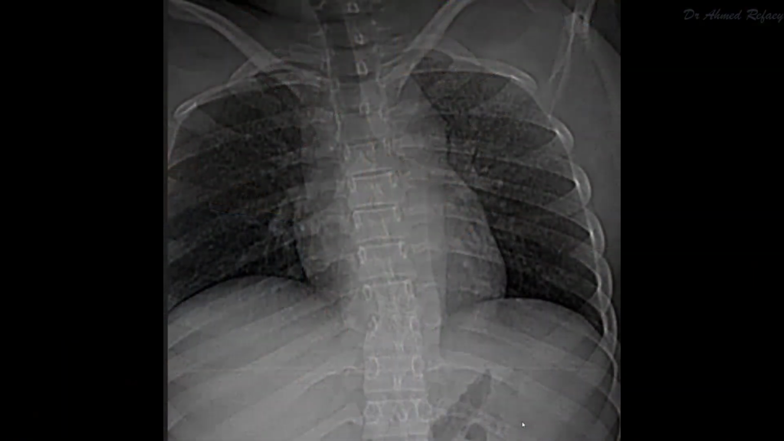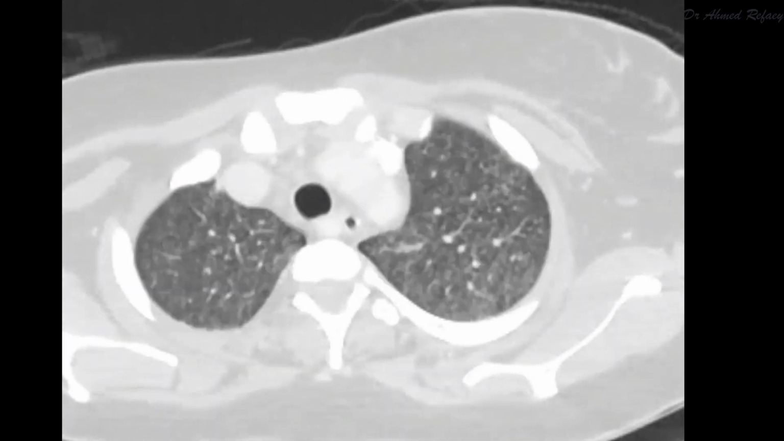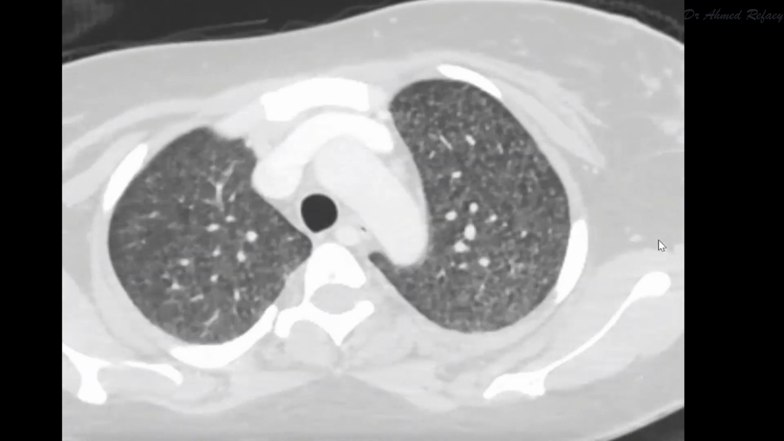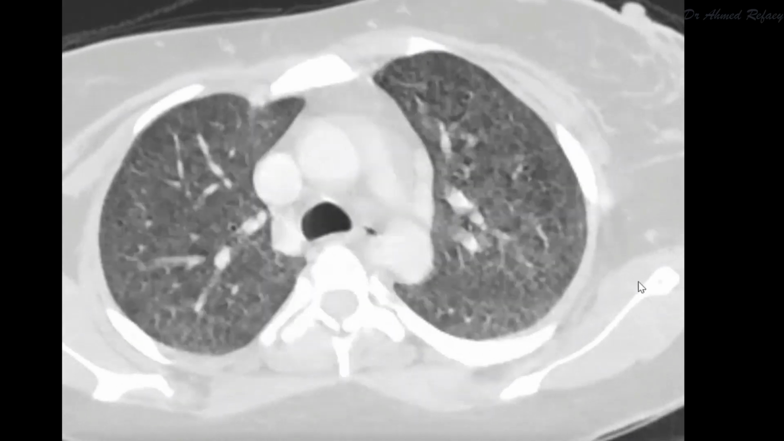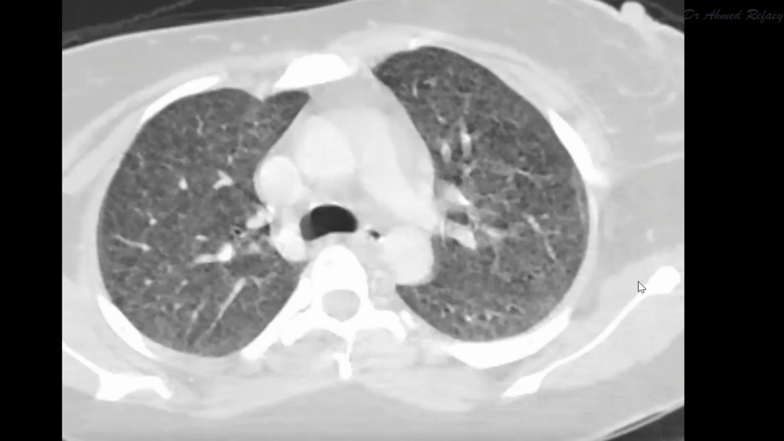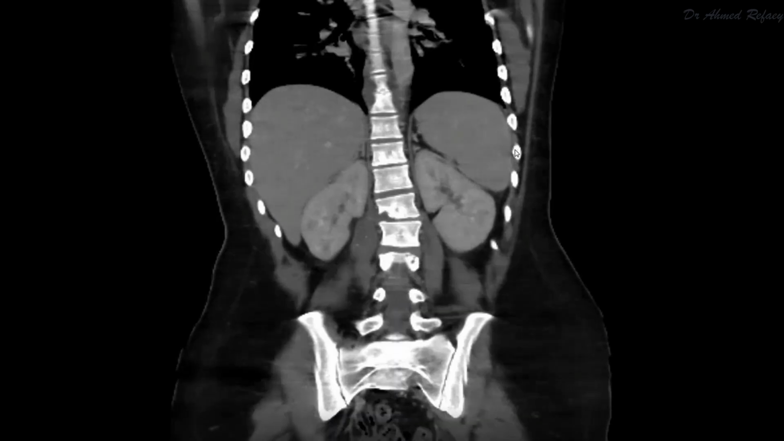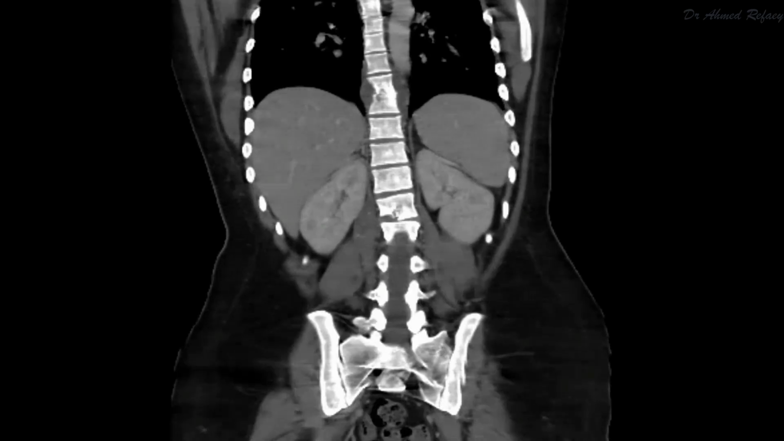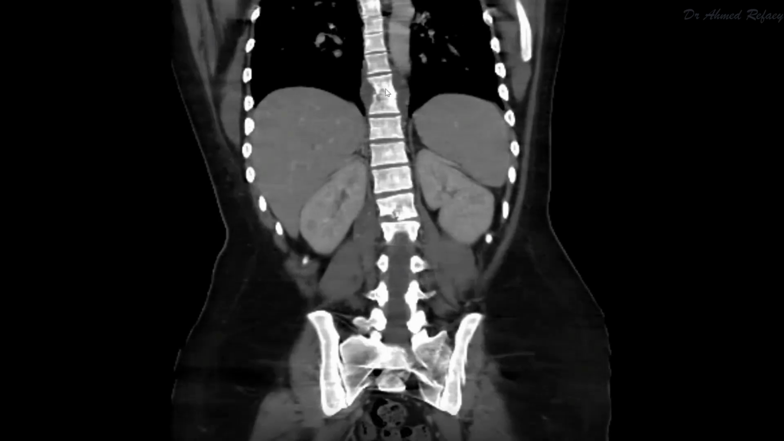This is a chest X-ray showing miliary shadowing or micronodular infiltration diffusely involving both lung fields, as you see here. The CT chest confirms the diagnosis of miliary shadowing or diffuse micronodular infiltration of both lung fields, as you see. Regarding the abdominal study, the solid abdominal organs are unremarkable, but the finding here is destructive end plates